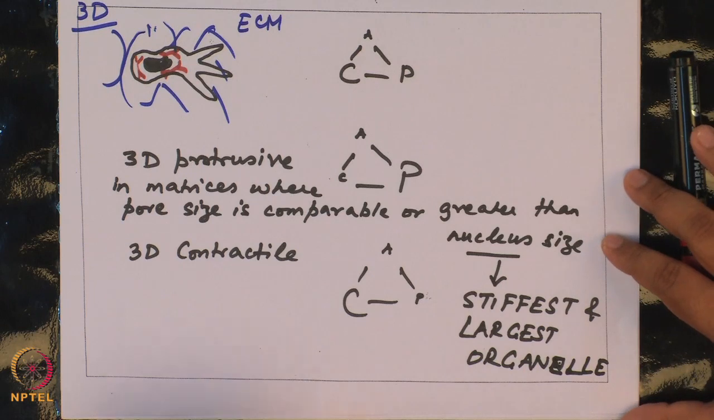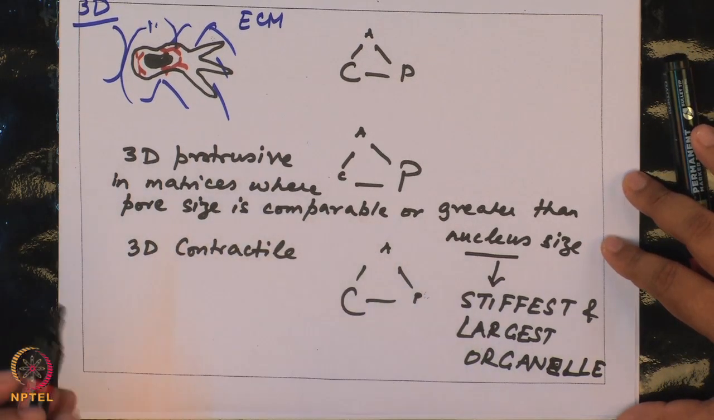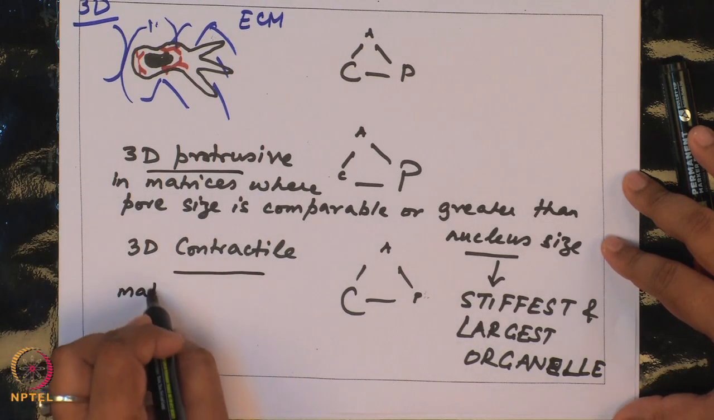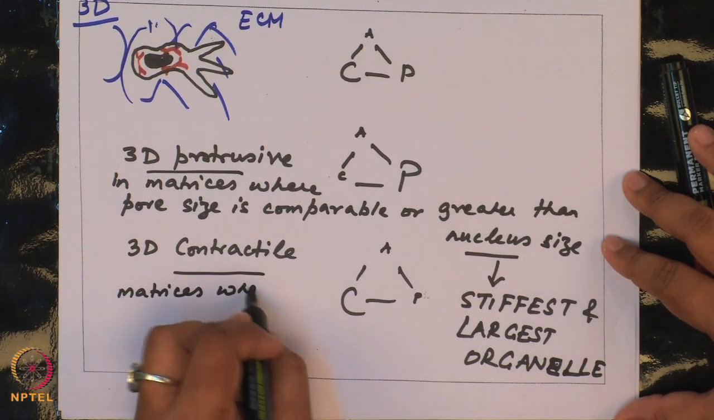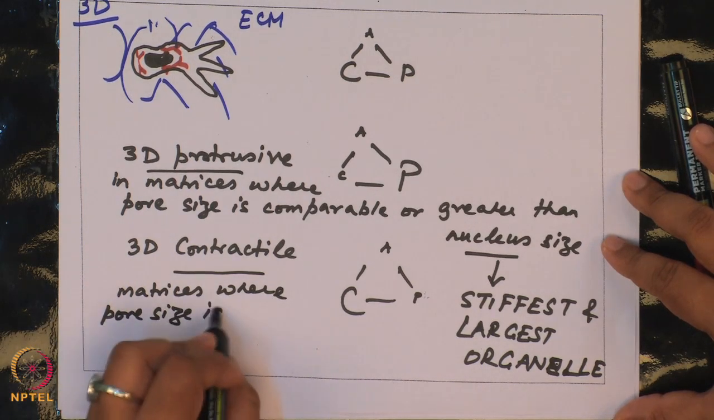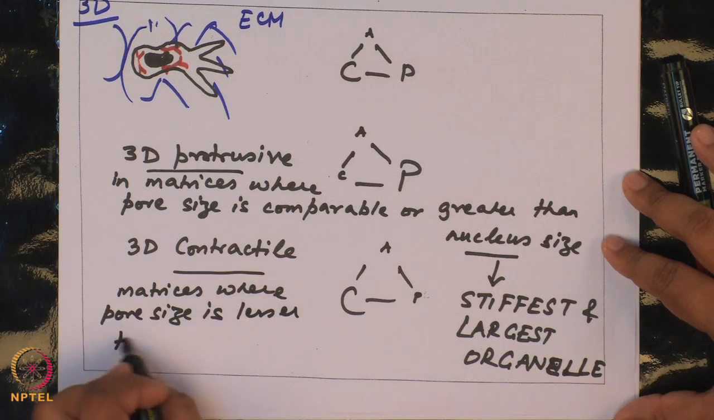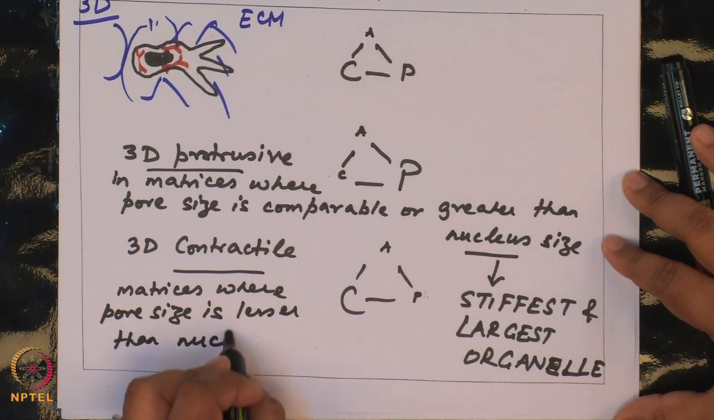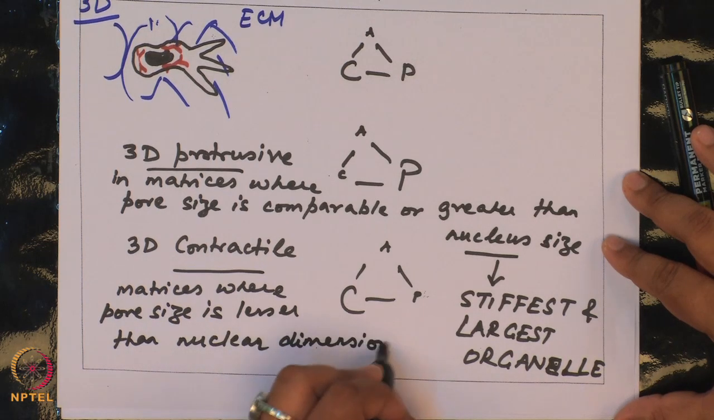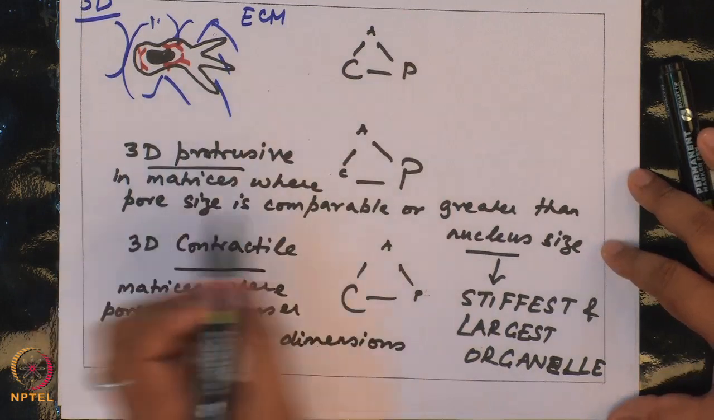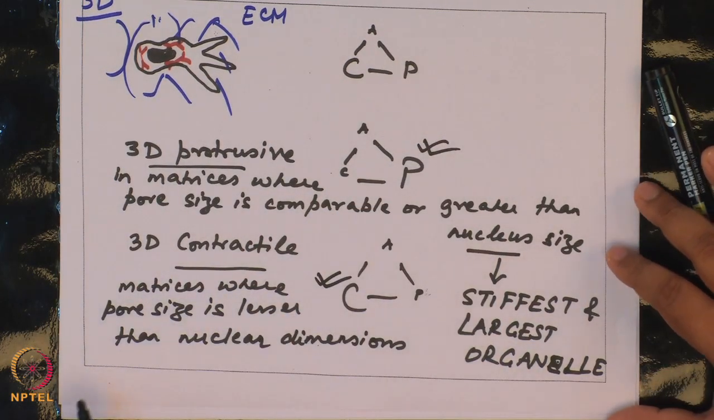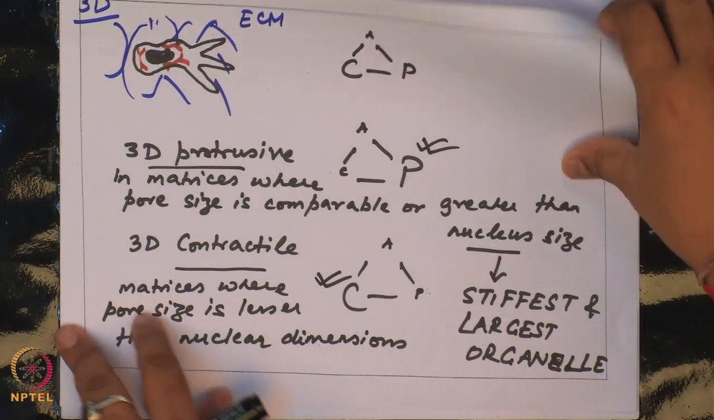Okay. So, the nucleus being the stiffest and the largest organelle, for 3D contractile, this is where matrices have pore size lesser than nuclear dimensions. So, here you have protrusion playing a bigger role, here you have contractility playing a bigger role. So, in 3D contractile,